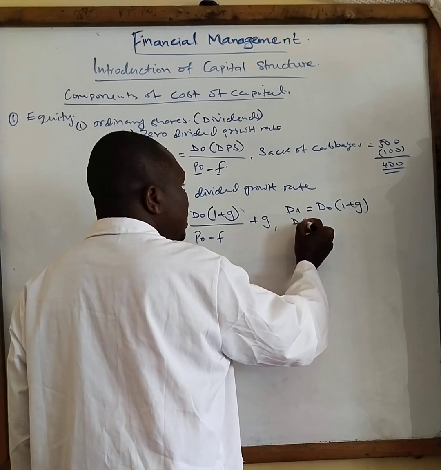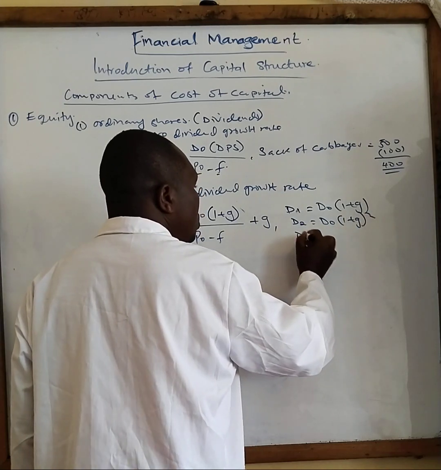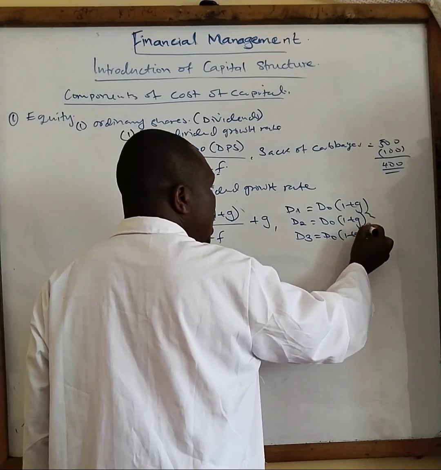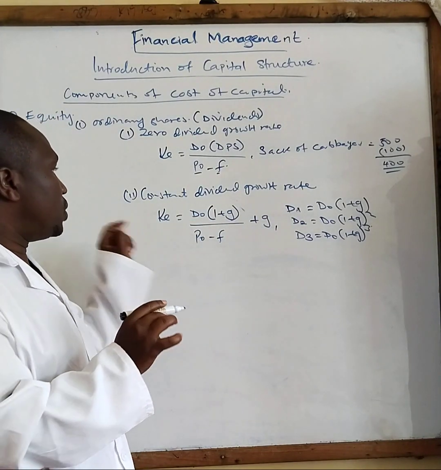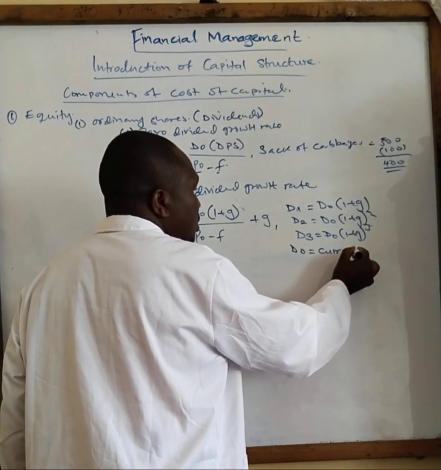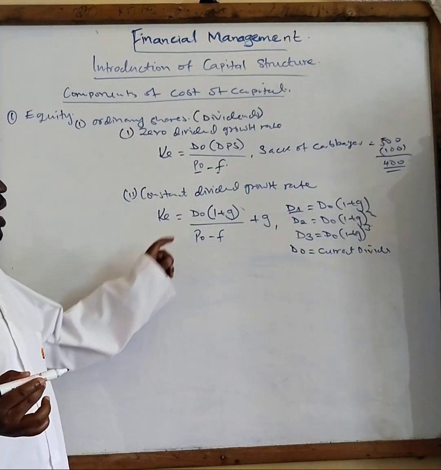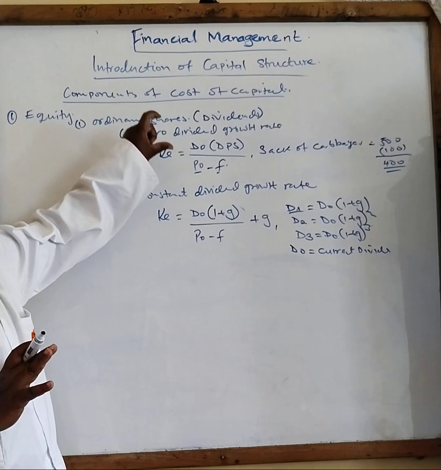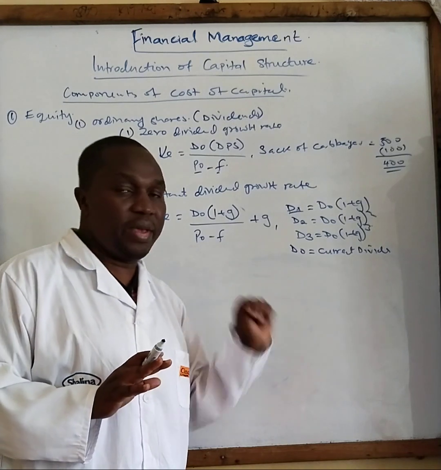Then if I want to get the dividend after year 2, it will be D0 into brackets 1 plus G power 2. And if I want to predict the dividend after year 3, it will be D0 into 1 plus G power 3. So you can see the dividends are growing from year 1. D0 here stands for the current dividend. This one stands for the dividend after year 1. So in our formula, we need the dividend after year 1. Here we don't have any growth. Therefore, the amount of money paid as dividend will remain constant. But in this case, it will appear like that.